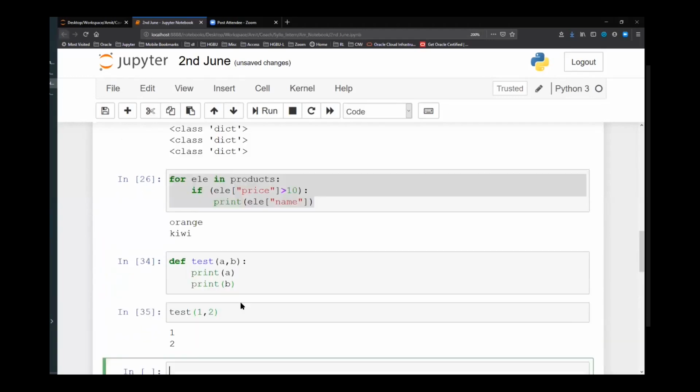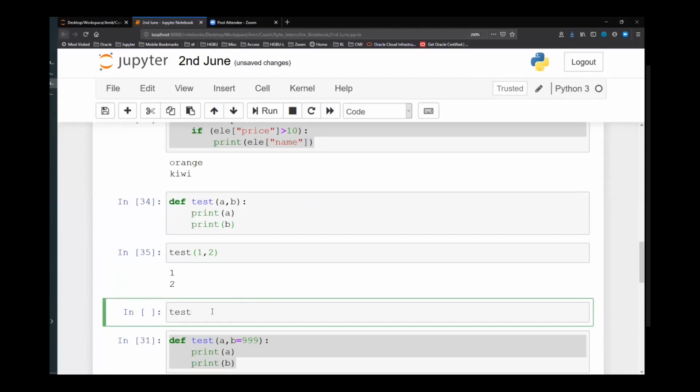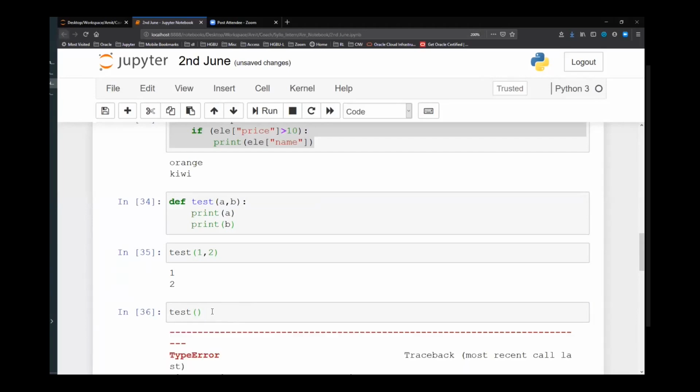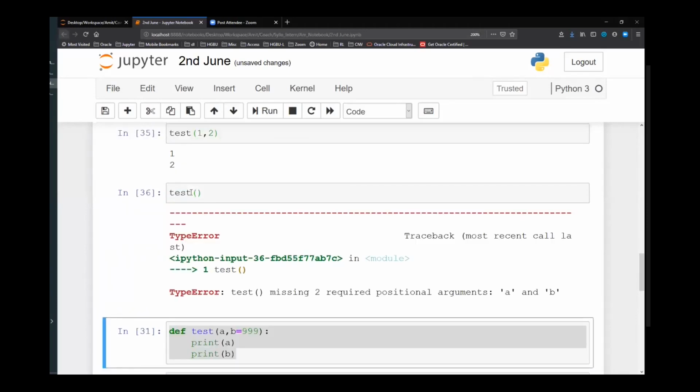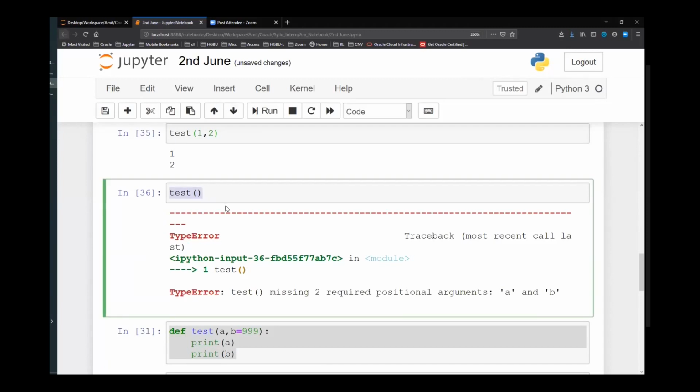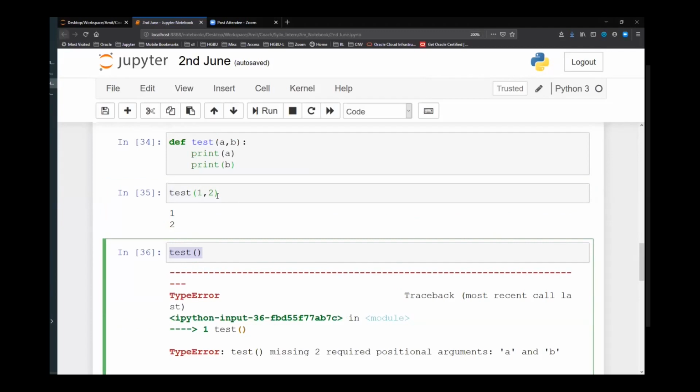Now, if I just say test 1, or maybe I do not pass any argument, it will fail because this function is expecting two parameters to be passed, which I'm not passing. That's why it is saying test missing two required positional arguments, A and B, which I have not passed.